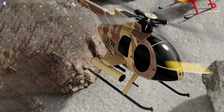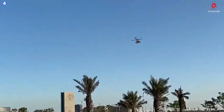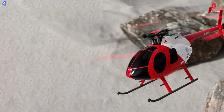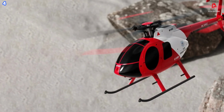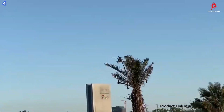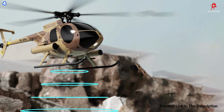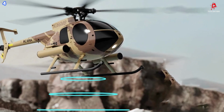Equipped with a 6-axis electronic gyroscope and a barometer for altitude control, the C189 ensures stable flight and hovering at various heights, making it easy to control. The optical flow positioning adds extra stability, especially useful for beginners. This helicopter is powered by dual brushless motors, providing stronger power and resistance to outdoor wind conditions, plus a longer